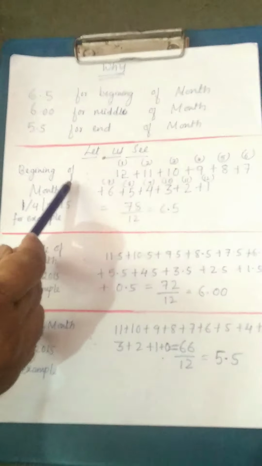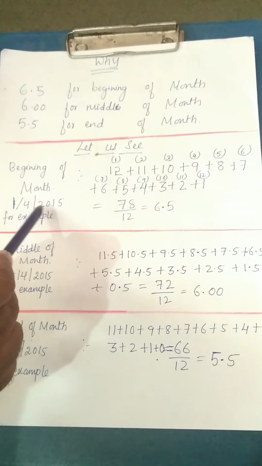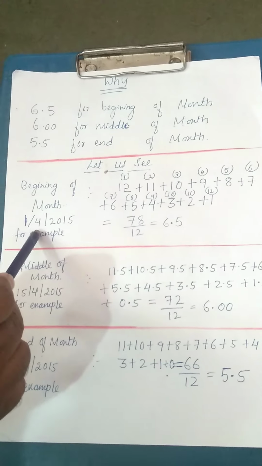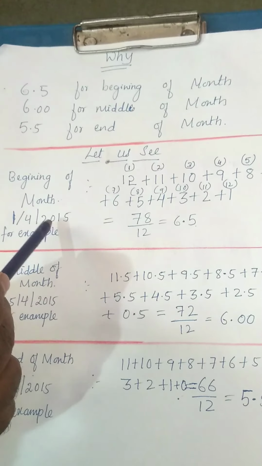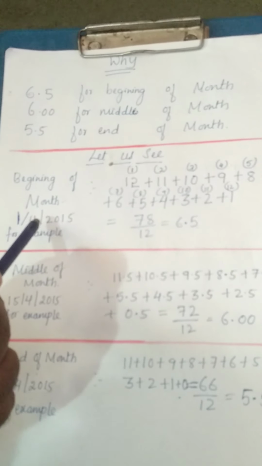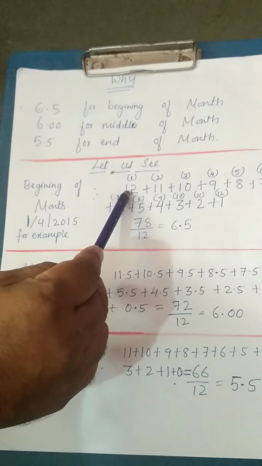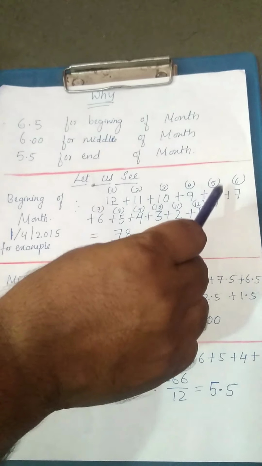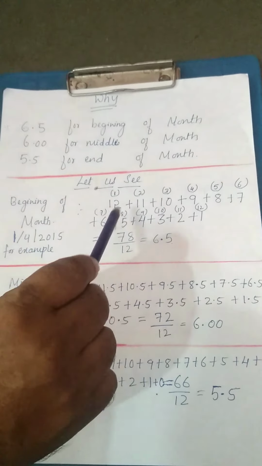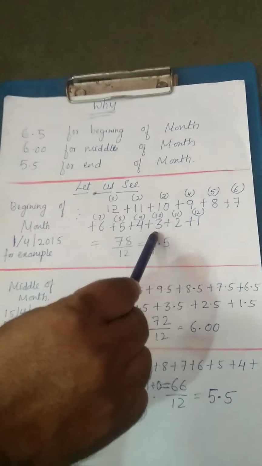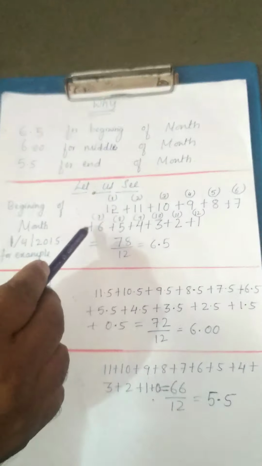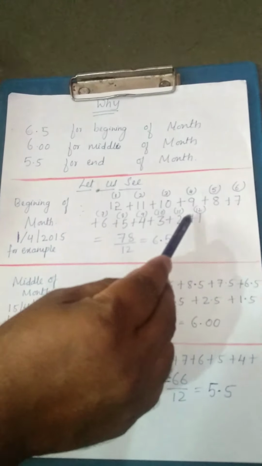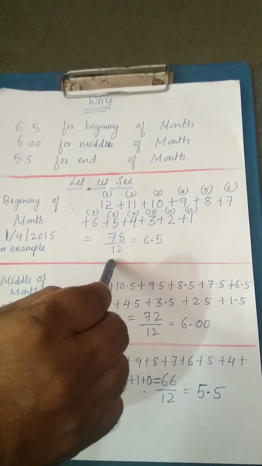For the beginning of the month, for example 1/4/2015 is considered. If the partner is withdrawing regularly any amount at the beginning of every month, the first month will be 12, 11, 10, 9, 8, 7, 6, 5, 4, 3, 2, 1. So you are supposed to calculate for 12 months. So the total of this is equal to 78, divided by 12,